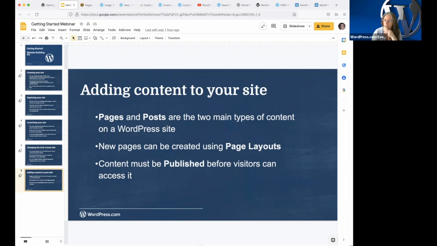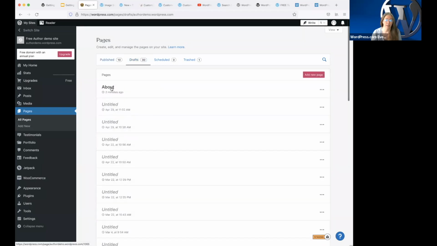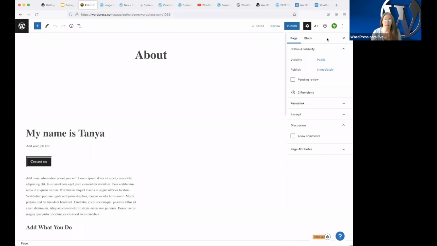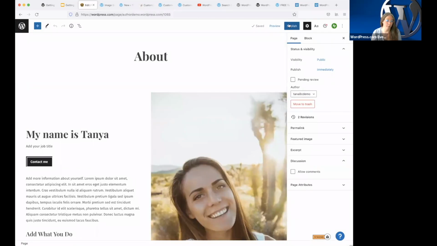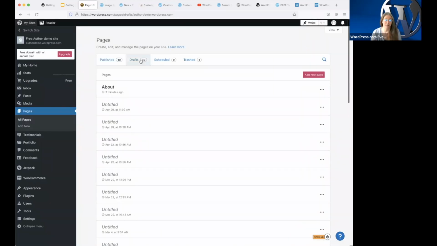Let's see here, Lisa, if your pages are in the draft folder, how do you get them out and published? Oh, you would just click on, so two ways. If you're in the editor for them, let's go to a draft here. If you're in the editor itself, then you have the publish button in the top right-hand corner, and you would click publish and that would publish it. But also you can do it right from your list of drafts. So if you're in here and you go, oh, whoops, forgot to publish that, you can click the three dots and just click publish and it will go into